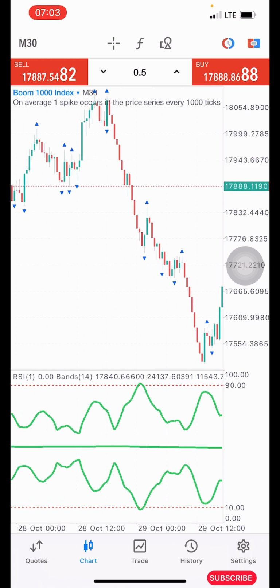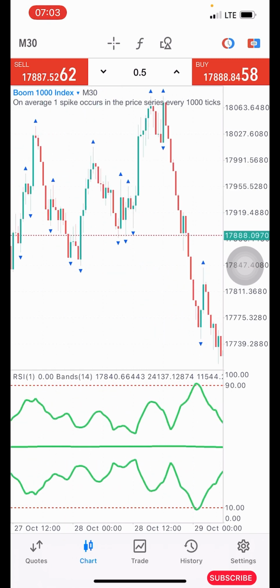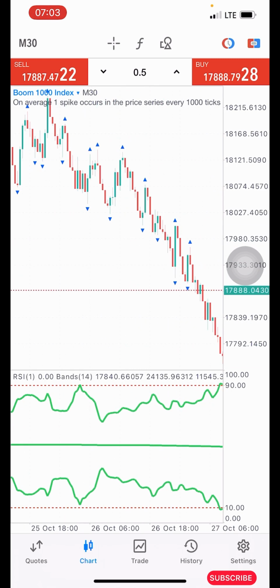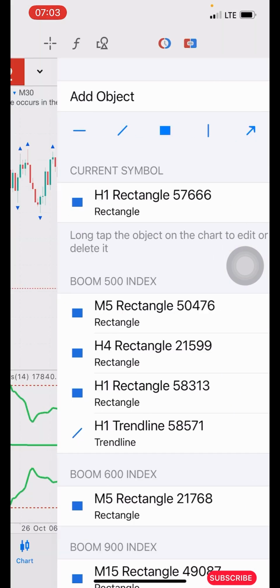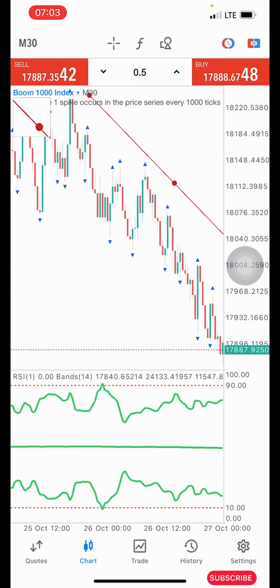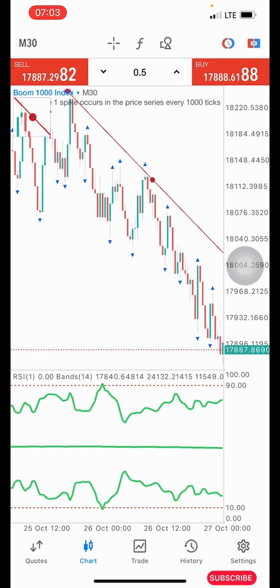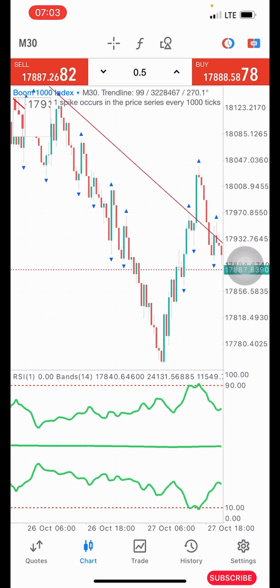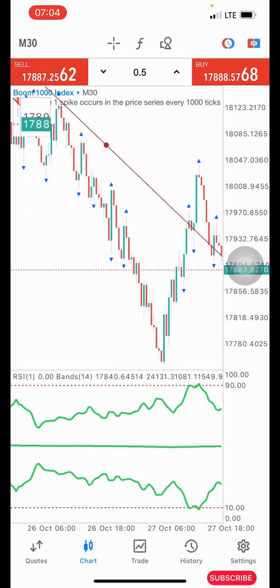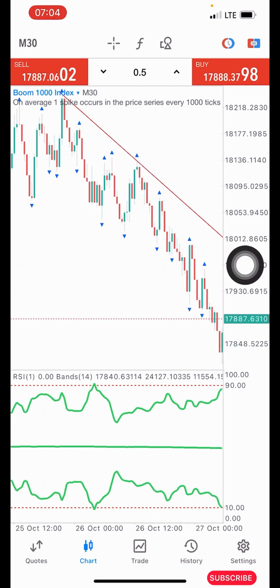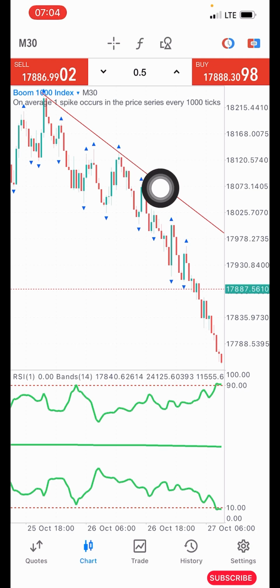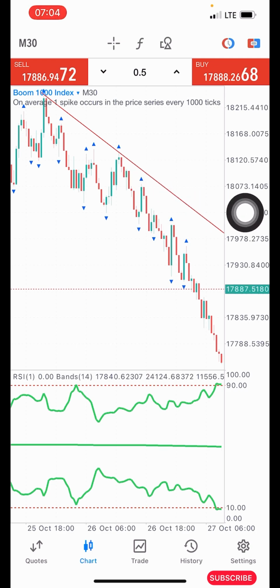So now you want to do your analysis and you observe that the market is in a downtrend. You can use your trend line to mark out the current trend of the market, and then you want to be trading as long as price is below the trend line. Now you can see that around this area we are in a downtrend. So long as price is below this trend line, then you go back to your